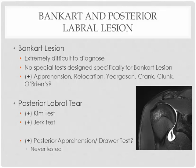I would personally like to use it just in case. But if anything, remember to use these two tests to diagnose, rule out the posterior labrum tears. In the next lecture, we're going to be talking about specific special tests that are going to be useful to maybe rule out these